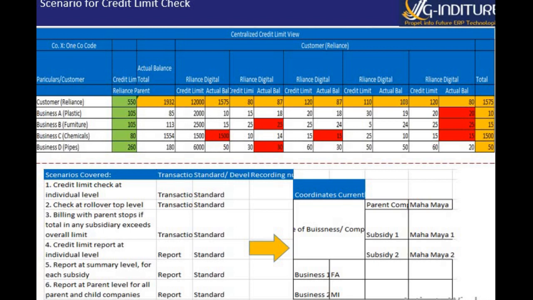Billing with partners can stop at the overall level or at an individual level. So all these can be controlled and monitored now, be it at your individual level or at the top level. Finally, also in terms of reporting, you can have it at an individual child level or at the father level, for each business or overall business. In the slides now, in the demo, you will see these scenarios and how they can be mapped